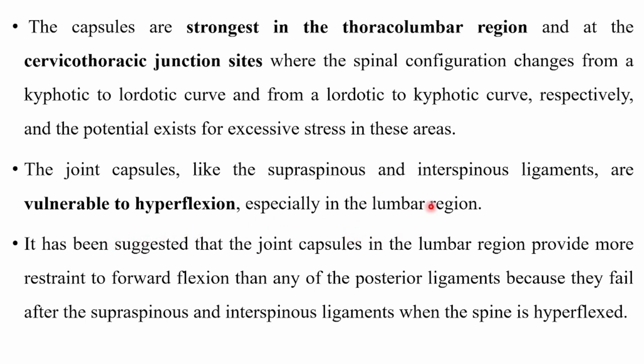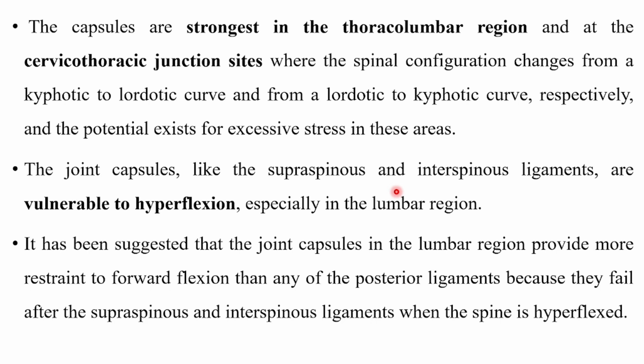So during the hyperflexion motions, these particular ligaments, the supraspinous ligament and the interspinous ligaments, are the first to fail, along with your joint capsules. So all these ligaments as well as your capsule will be responsible for preventing the excessive hyperflexion motions in the lumbar spine. It has been suggested that the joint